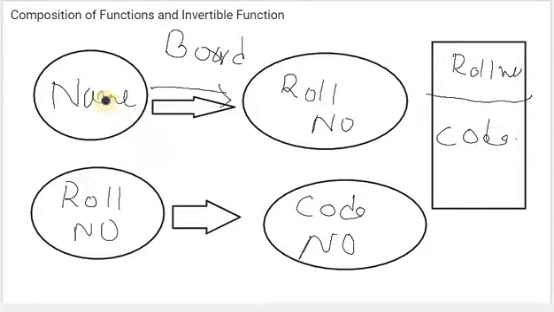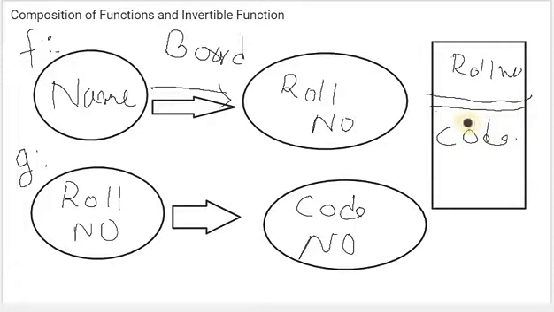What we'll do is, you consider this thing as a function. This function f changes the name to the roll number. That thing you know, the teachers will know, the board will know. And the board will make one more function, g. What does g do? To each roll number it gives a code number. So they will remove this part of your answer sheet. Only the code number will be there.